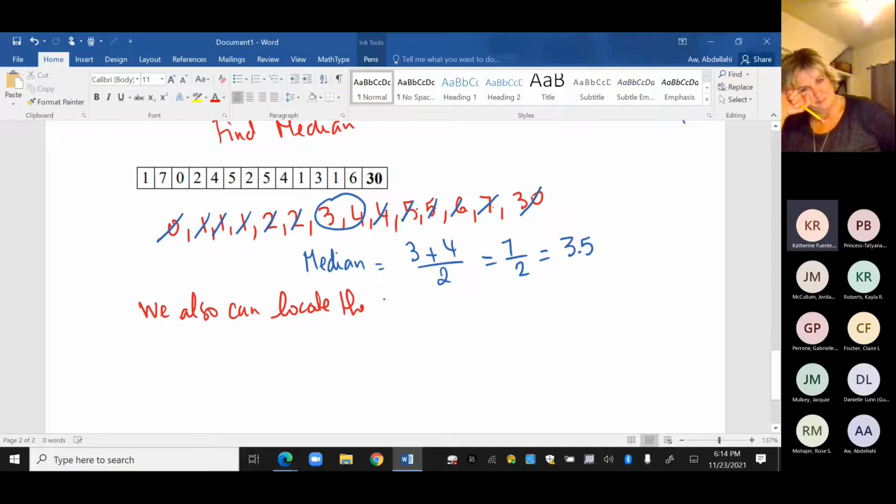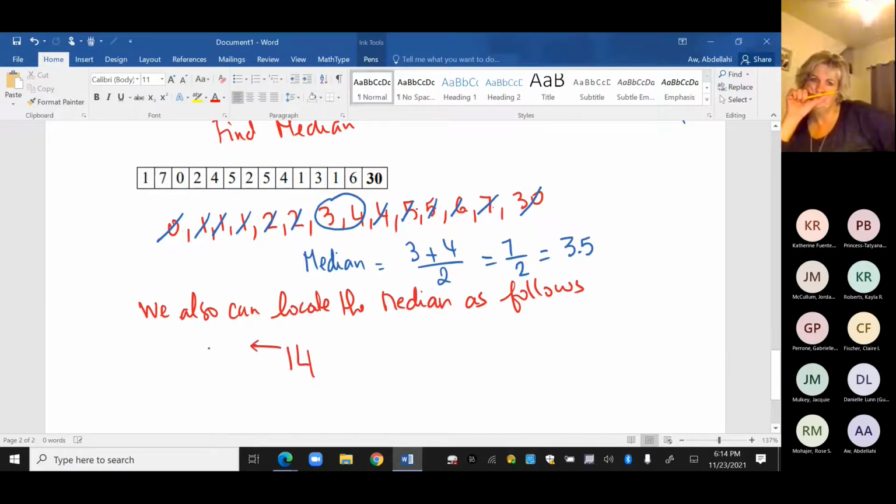The median as follows. What is the size of the data? It is 14, right? 14 is the size of the data. Plus 1, divided by 2. We're going to use the same formula. What is 14 plus 1 divided by 2? It is